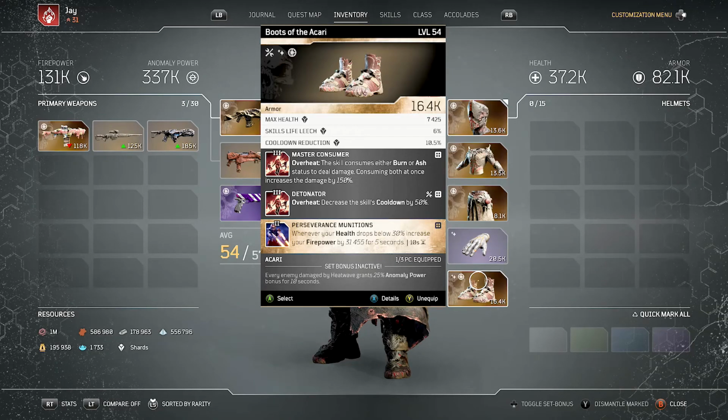And then for the third mod slot, I have here Perseverance Mutations. Whenever your health drops below 30%, increase your firepower by 31,455 for 5 seconds. I need to get better boots on this one. What I'm looking for with the boots, either I would swap this piece out entirely for another piece that matches my skills for at least the first and second mod. And of course, I would like it to be apocalyptic so I can get that third mod. But I'm using this for now because it has the Master Consumer and the Detonator, and also it has the